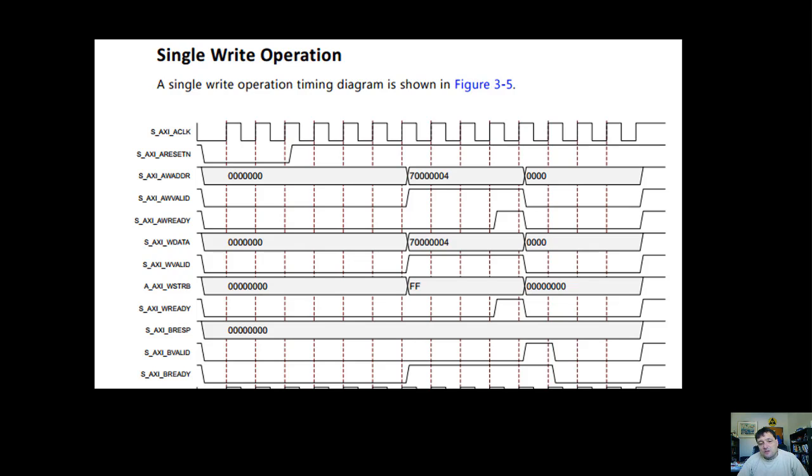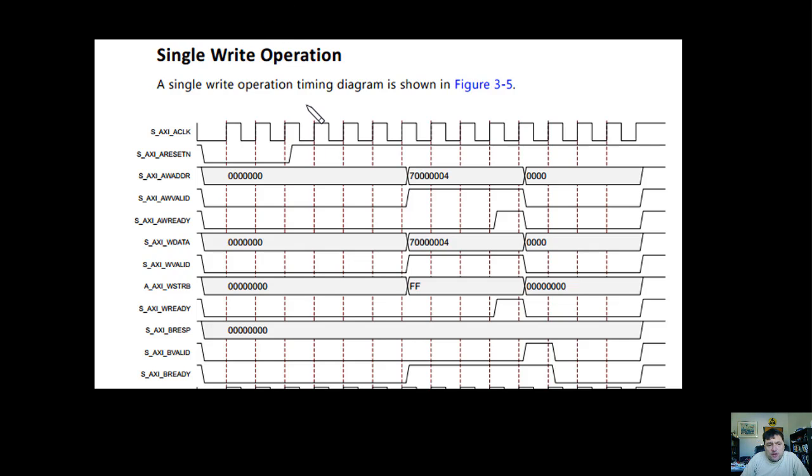And the problem is that to simulate this, I can no longer just simulate a couple of inputs. I actually need to simulate the way that the 7-segment controller communicates with the system, and that's over the AXI bus. So what we've got here is the timing diagram from the